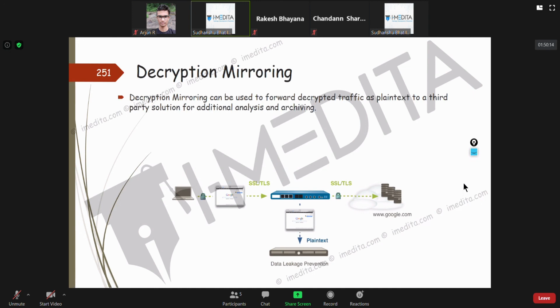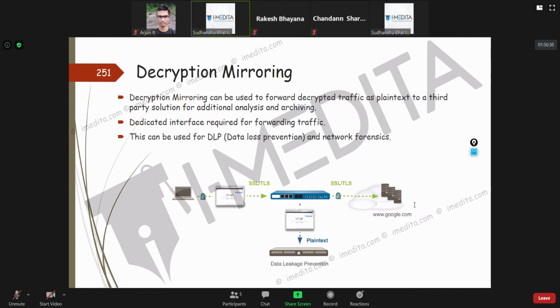Decryption mirroring can be used to forward decrypted traffic as plain text to a third-party solution for additional analysis and archiving, like I told you. You require a dedicated interface configured as a decrypt mirror. This can be used for network forensics. It requires a free license for selected firewall models, available only for high-end firewalls, I think the 7000 and 5000 series.